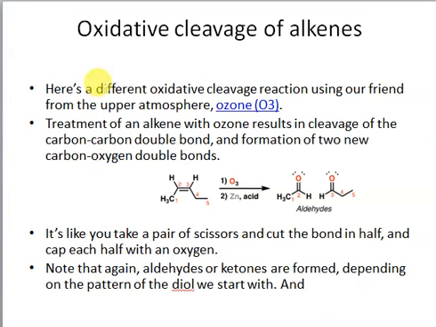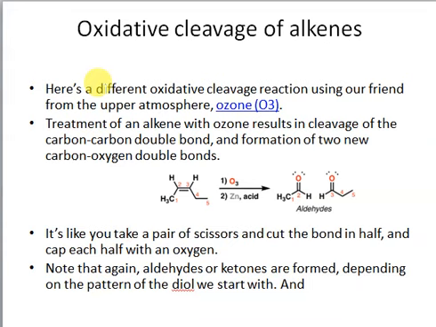Right, so next we have the gentle cleavage, and in gentle cleavage we are now using a different reagent, which is ozone. Ozone is usually formed in the upper atmosphere and its formula is O3. It's a dipolar molecule actually. It has been shown that when ozone reacts with alkenes, that results in cleavage of a carbon-carbon double